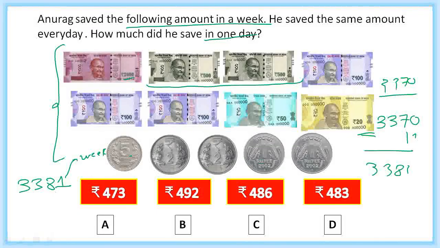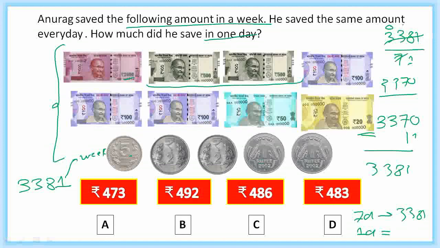As we know that 1 week is 7 days. So we get 7 days. He saved 3,381 in 7 days. And in 1 day, we can just divide it because he has saved equal amounts. So when we divide 3,381 by 7, after simplification, we'll get here 0. Now 7 5s are 35, so we're going to put 4. That becomes 5 here. 7 8s are 56. 2 3 483. So in this case, the answer is D. Fine. Okay.